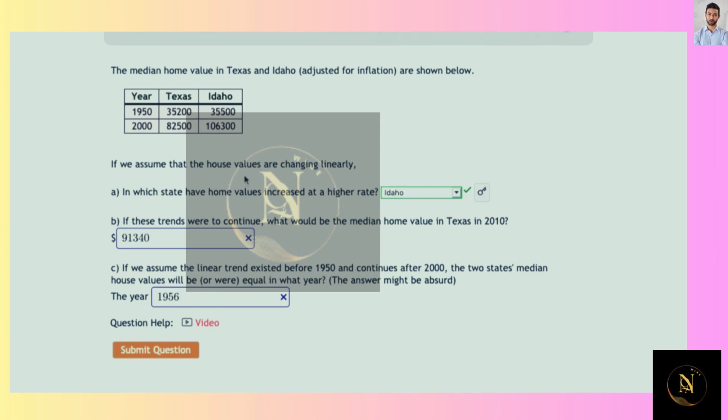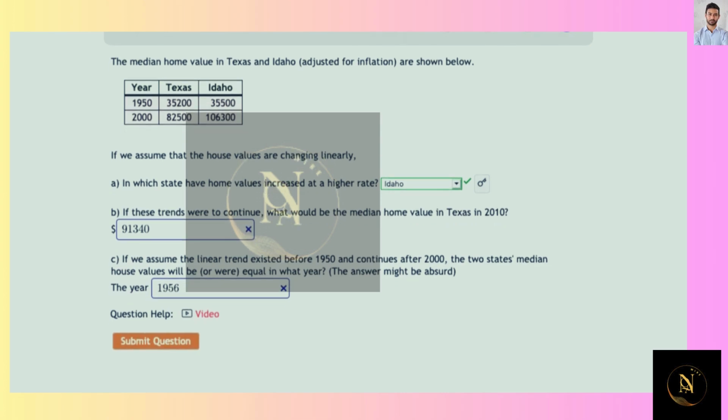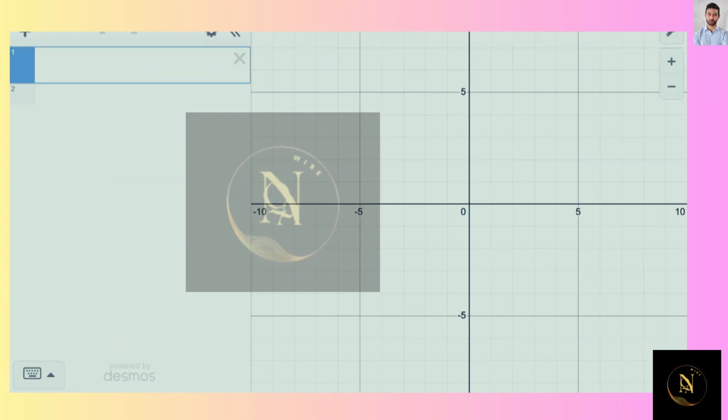If we assume that the house values are changing linearly, in which state have they increased higher? Well, let's check. Think of these as ordered pairs. We've got, for Texas, if we find the slope, that would be y2 minus y1, or